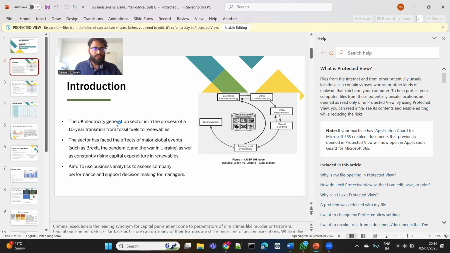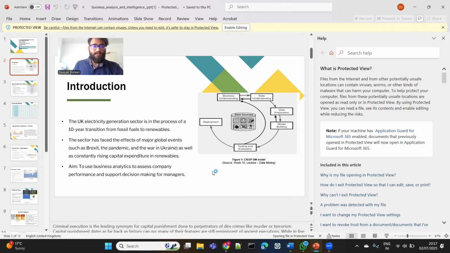And here comes the introduction, where I am going to explain data set compilation and preparation, company selection and industry context, and selection of business metrics, timeframes and scope of the data set, integration and accessibility, business understanding, with CRISP-DM diagrams as per the PowerPoint presentation. Here come the data sources, business understanding, data preparation, business model, testing and evaluation, deployment, where the data visualization